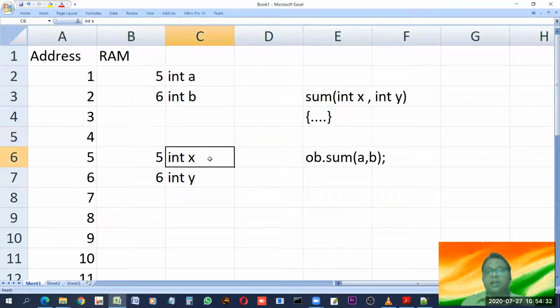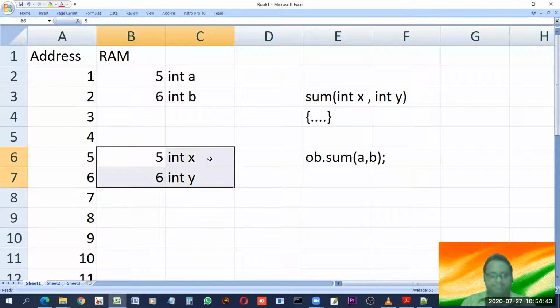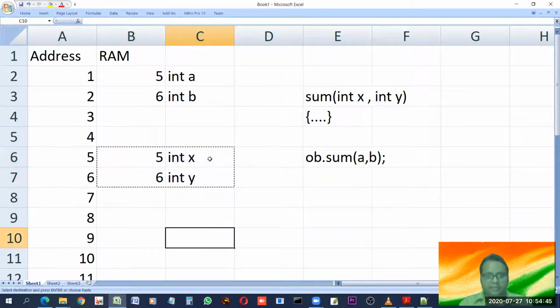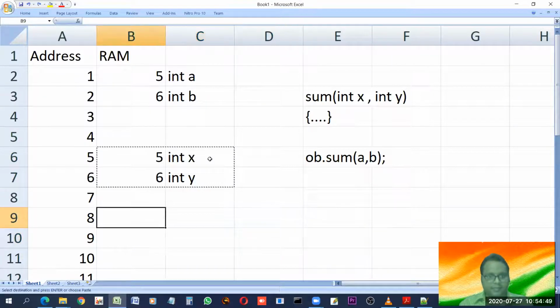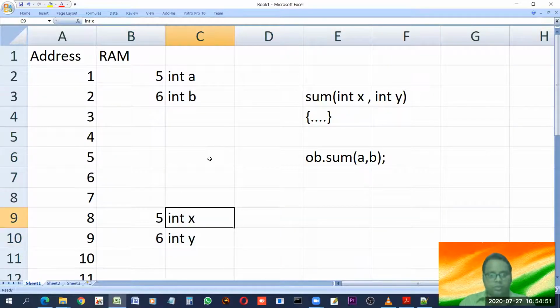Now, what is the value of x? The value of x is 5. The value of y is 6. But what's the address of x? The address of x is now 5. Cut it and paste it somewhere else. So now what is the address of x? Now don't get confused between address and value.